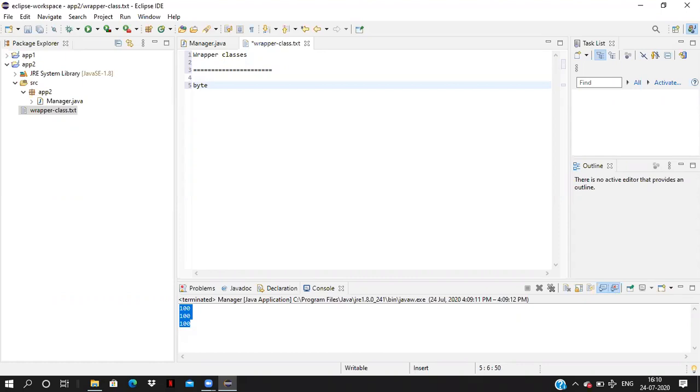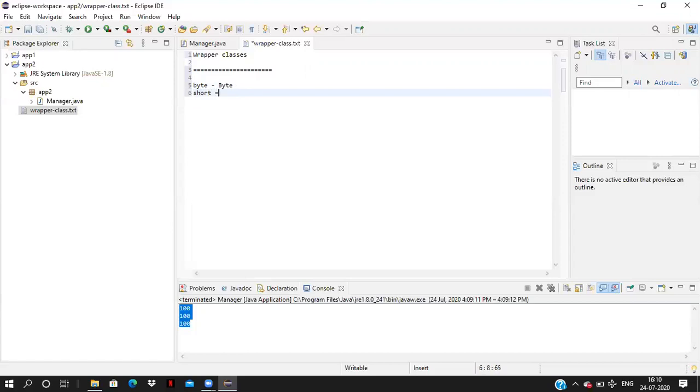For the byte primitive data type, the wrapper class is Byte. The class starts with a capital letter, an uppercase letter. If you have two words in the class name, the first letter is uppercase and the first letter of each of the other words is also a capital. That is not mandatory, but that is one rule. Either we can use it or we cannot. But by the standards, we have to use an uppercase letter as the starting letter of the class name. For byte, we have the Byte class.